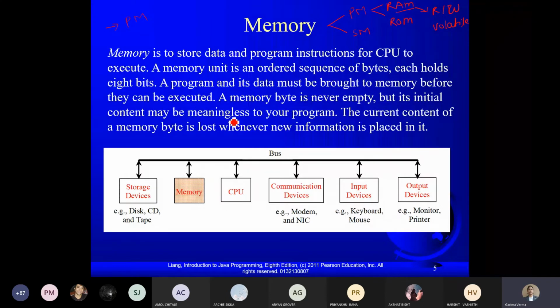Right. Now ROM is, as the name suggests, read-only memory. So whatever you write in this particular memory will be permanent, and you cannot overwrite it. You can only read it. So what is the purpose of ROM? That we'll see later on.